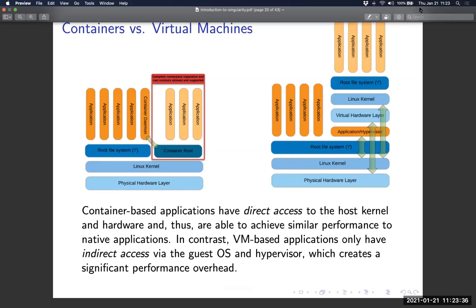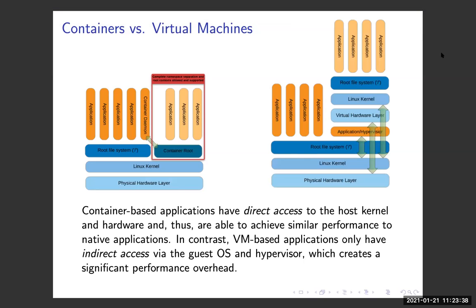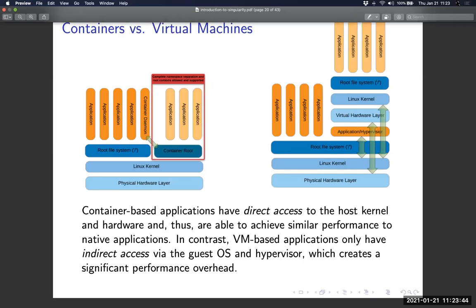Now, I've mentioned virtual machines, and so that might be what you're a bit more familiar with if you've used them in the past. And there's a fundamental difference between containers and virtual machines, and why containers are more interesting in, say, the HPC space, or basically any space. But containers, right, have really direct access to the underlying hardware through your kernel on the